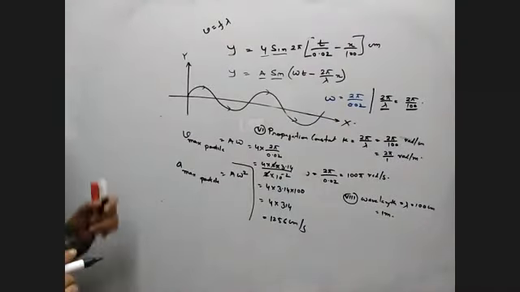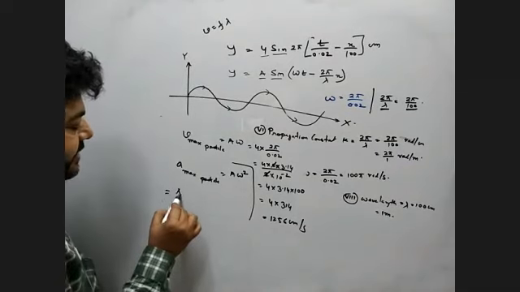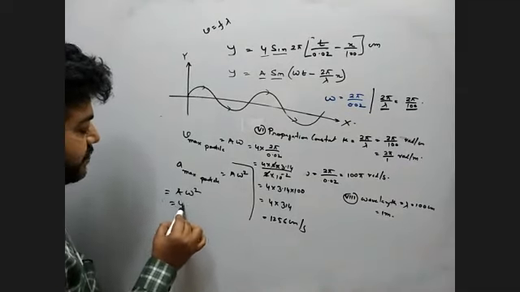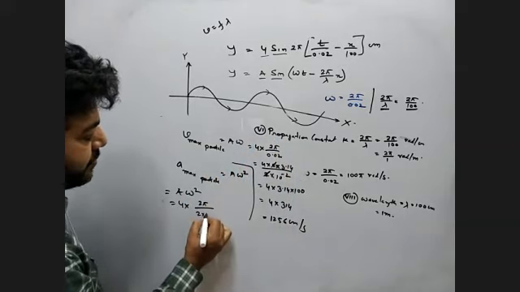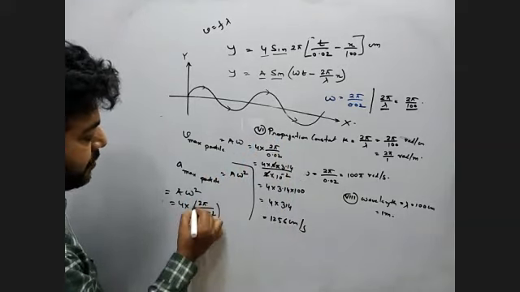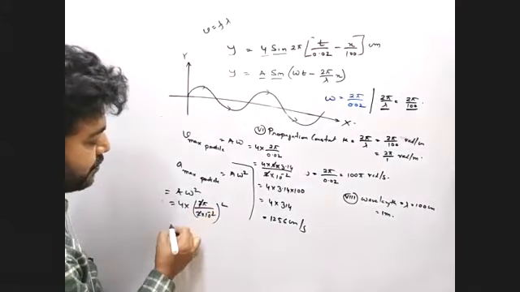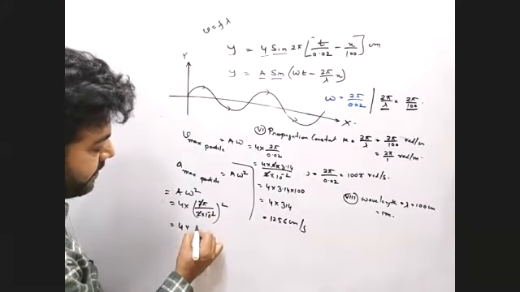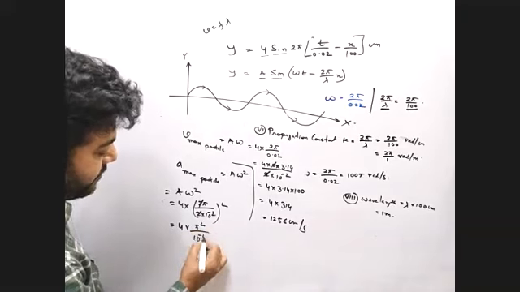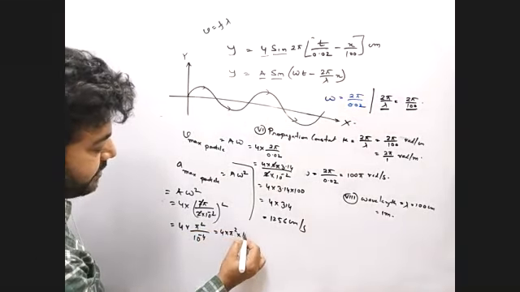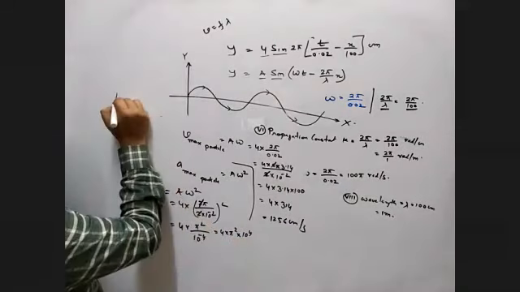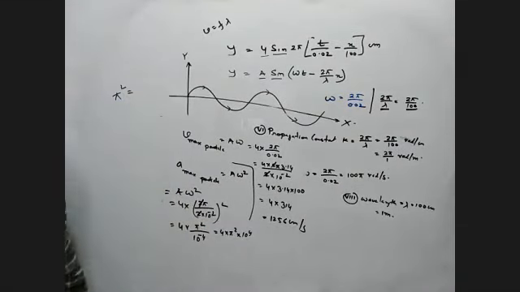Yes, sir. And now the particle acceleration, A omega square. A is 4, and we can square this: 2 pi by 2 into 10 to the power minus 2, whole square. You can cancel this 2. So 4 pi square by 10 to the power minus 4. I will give you one hint. Keep pi square into 10 to the power 4. If the calculator is allowed, then you can directly write 3.14 squared.